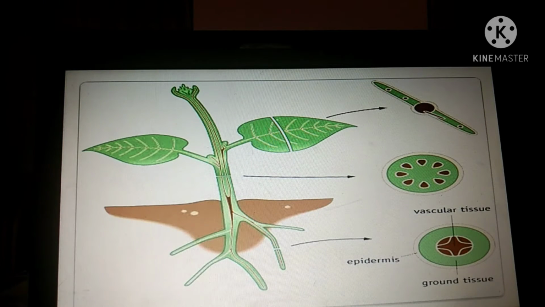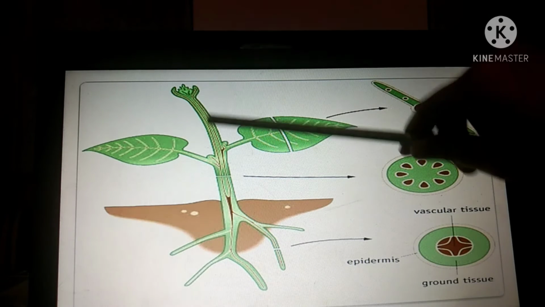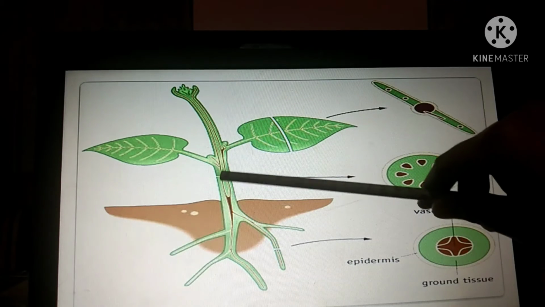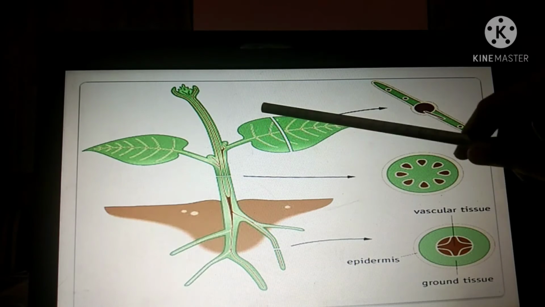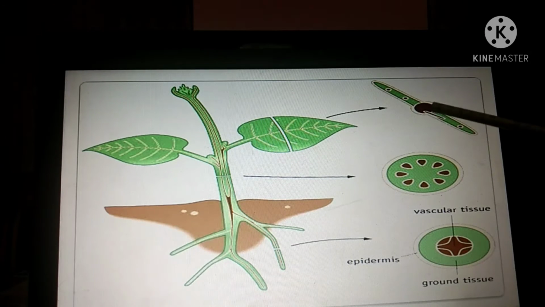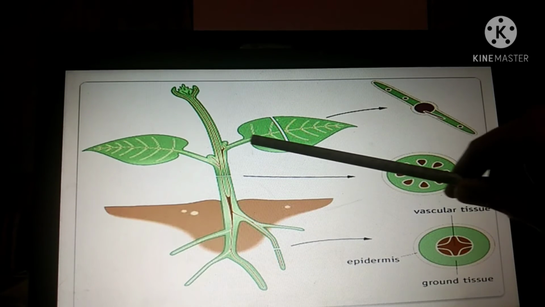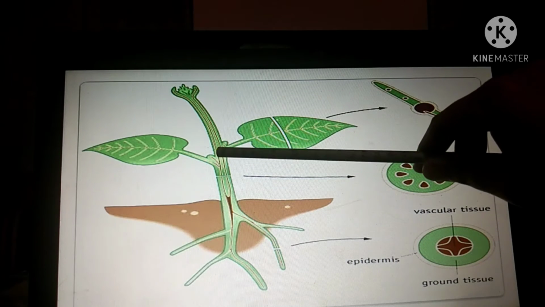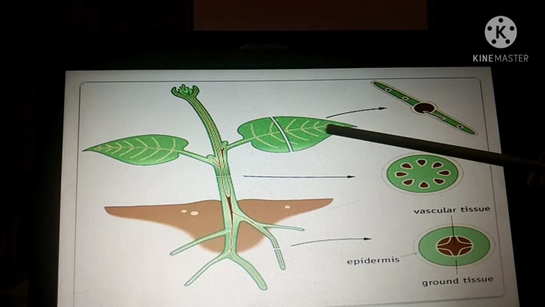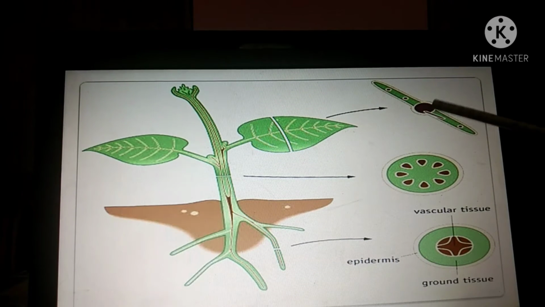When you look at the diagram, this is a very simple diagram that I have given. Can you see these pipes here, the brown things? These brown things are the pipes. As you can see, it goes everywhere. The section of the leaf is cut here, and if you take this section, this is the pipe. That means the pipe comes from the root like this, goes through the stem, and goes to the leaf this way. Here in the midrib of the leaf you have the pipe. It is shown in a broader way. If you cut this particular section of the leaf, this is the pipe.